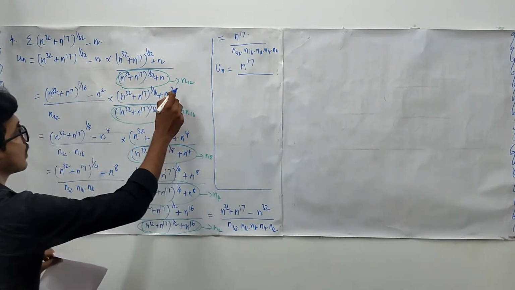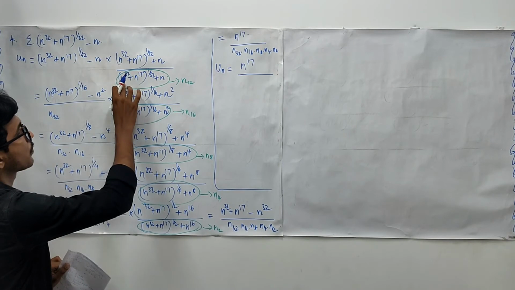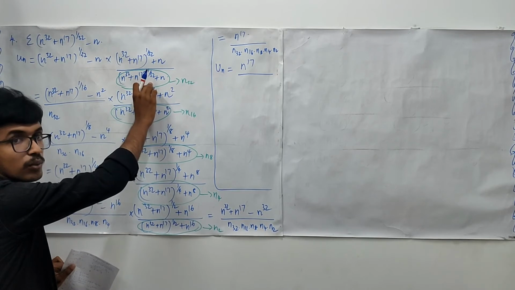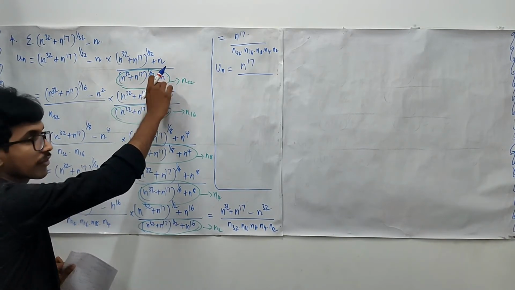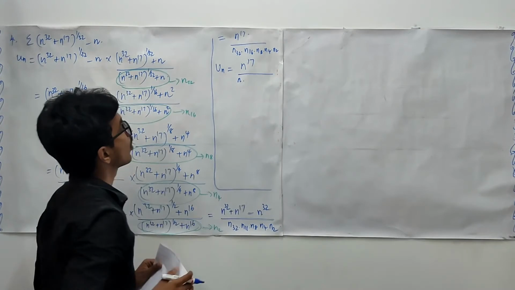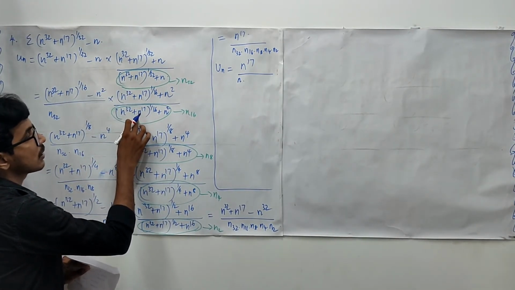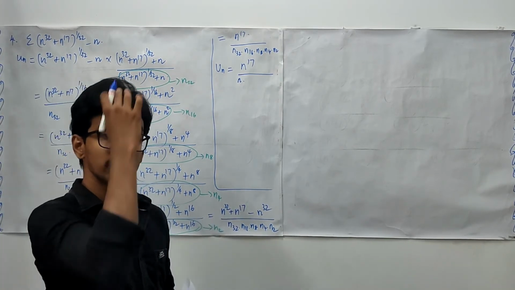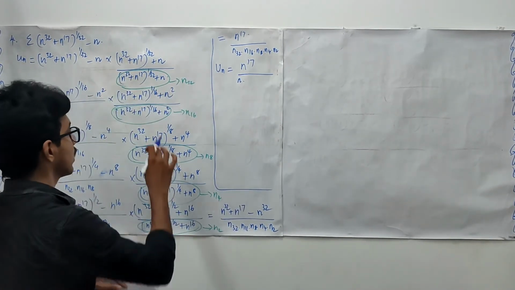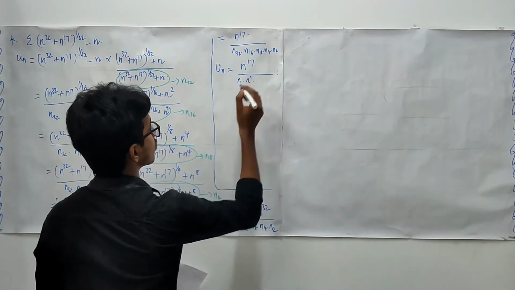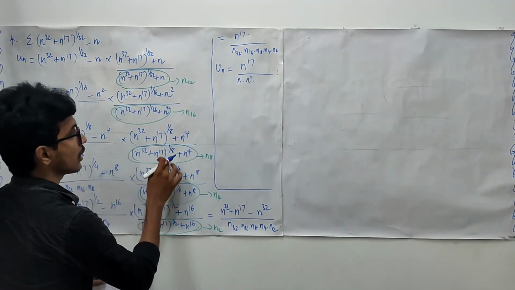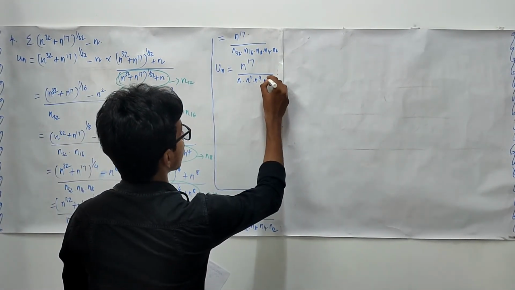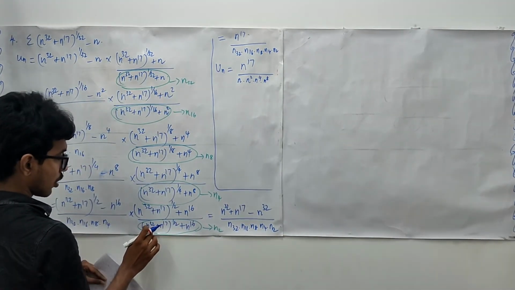In n32 the leading term is n to the power 32, so to the power 1 by 32, which means it becomes n. Here also we have n, so n is the leading term. In n16 it is n to the power 32 to the power 1 by 16, which means n to the power 32 upon 16, that is n square. Here also we have n square, so no issues. Then similarly calculating here, you are going to have n to the power 4, and here you are going to have n to the power 8, and here you are going to have what?